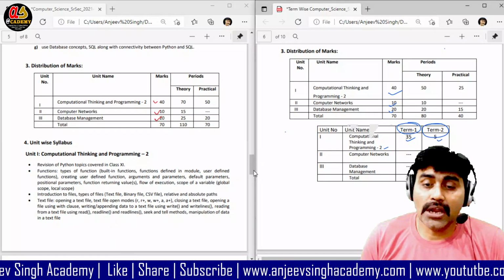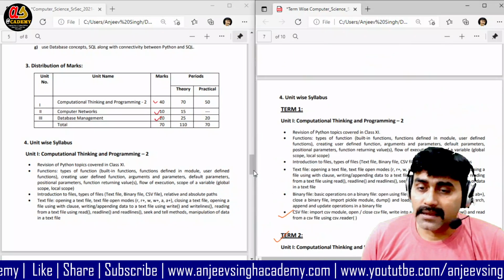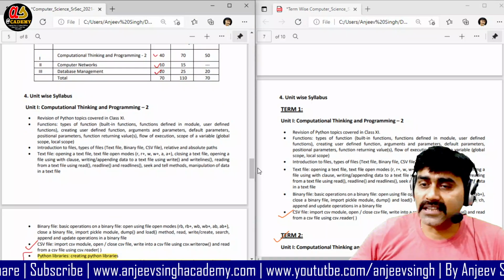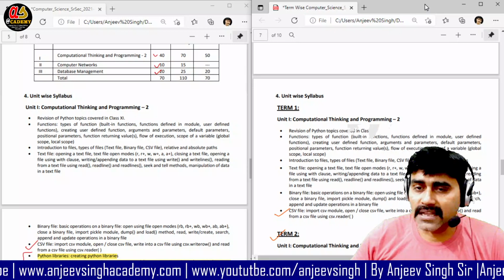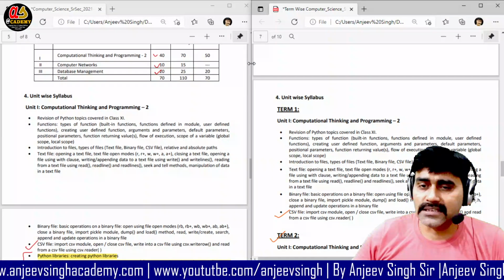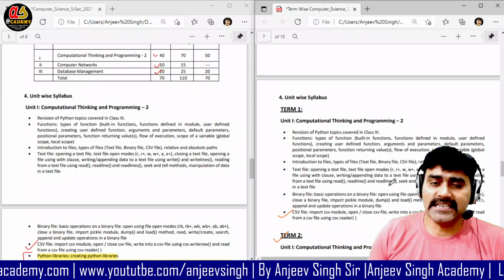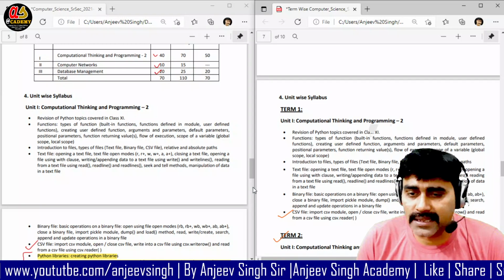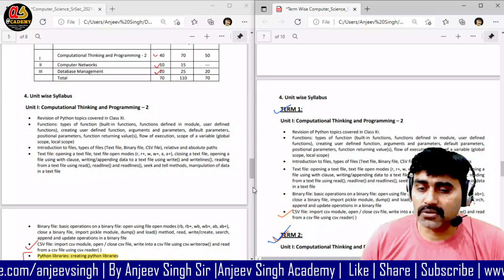Now look at this. I'm going to compare the syllabus topic wise and show you the changes in the syllabus according to the topic. If we observe and check it, then we are going to understand what the major changes are. Okay, so you can see it here. In this there are no changes, all things are the same. Only one thing: this is the term 1 syllabus, and this is our term 2 syllabus.